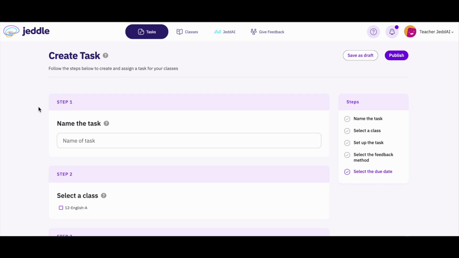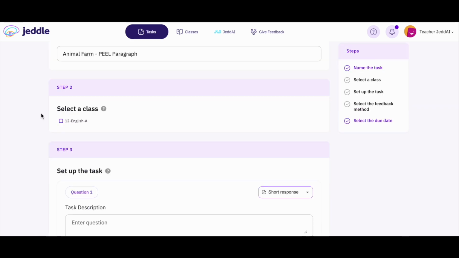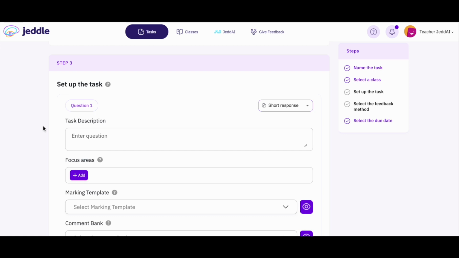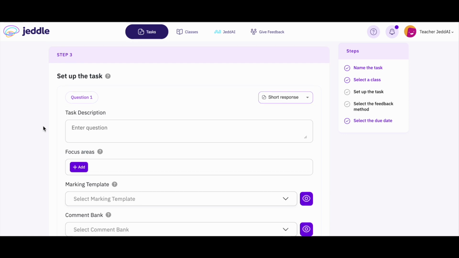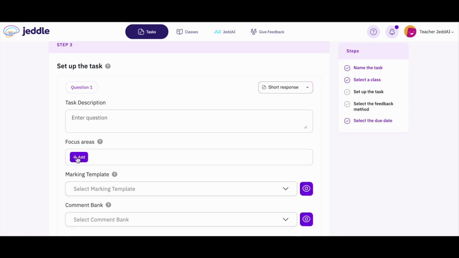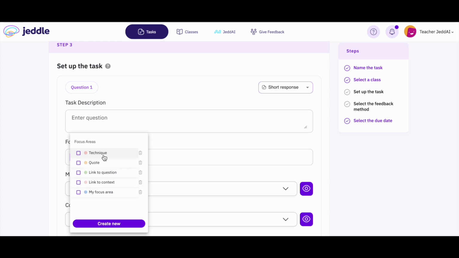These steps include naming your task, selecting one or more classes that you wish to assign the task to, and of course setting up the task, including the question or task description, the focus areas, the areas that you would like the students to focus on in their response, and even highlight before submitting their response for external feedback,